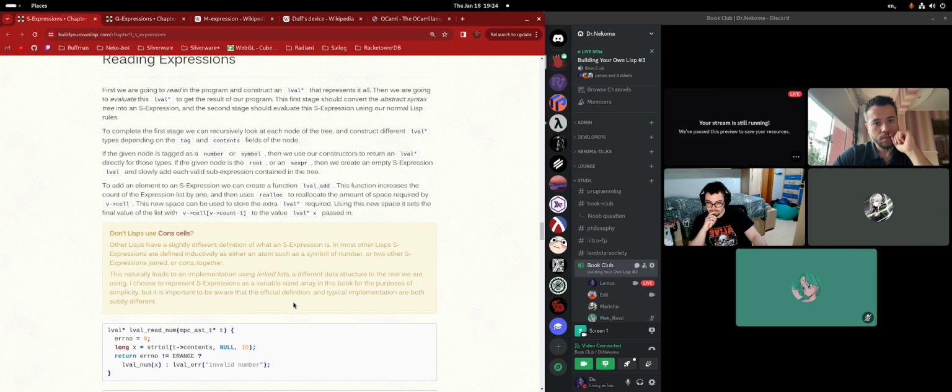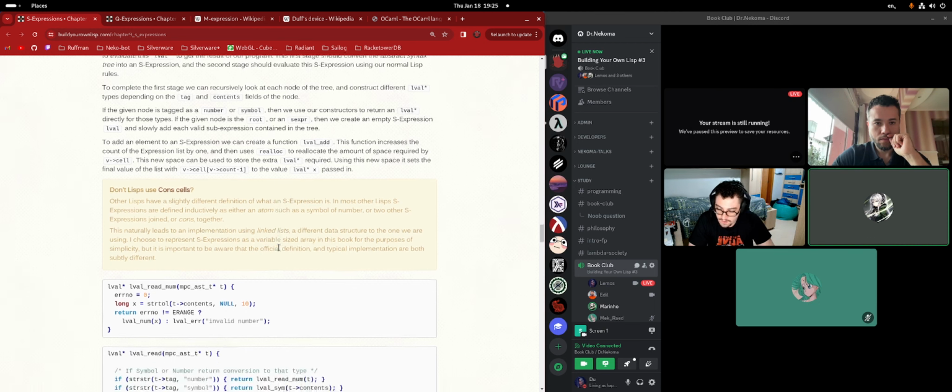I do think it's reasonable to have a cons cell anyway, just so you can tell apart: okay, this is meant to be a sequence and this is meant to be a function call, because that's actually helpful when you're doing metaprogramming. Otherwise, how do you know for sure that this is meant to be interpreted and that's meant to be treated as plain data? The explicit cons cell is kind of a marker in that sense, an annotation. He doesn't do that obviously, because he's just using a plain old array, and that's the function call.